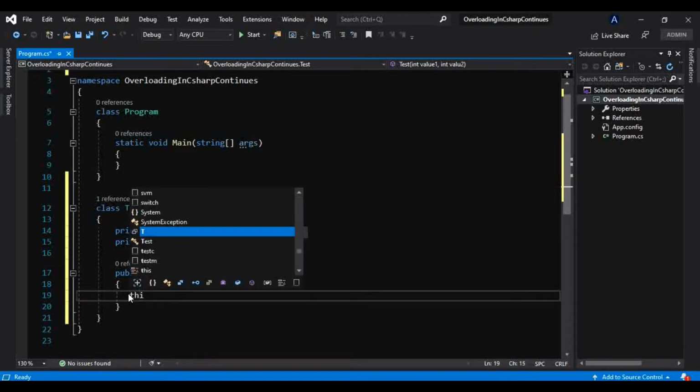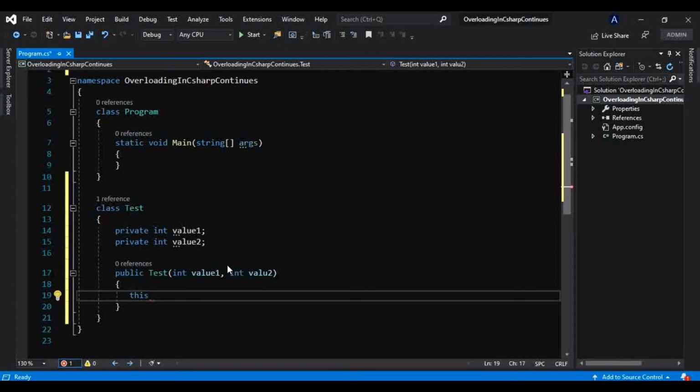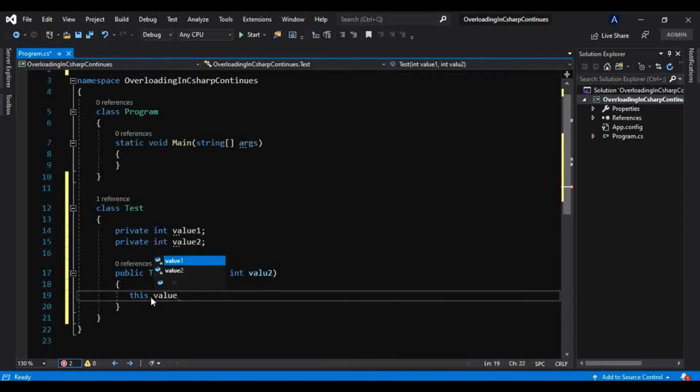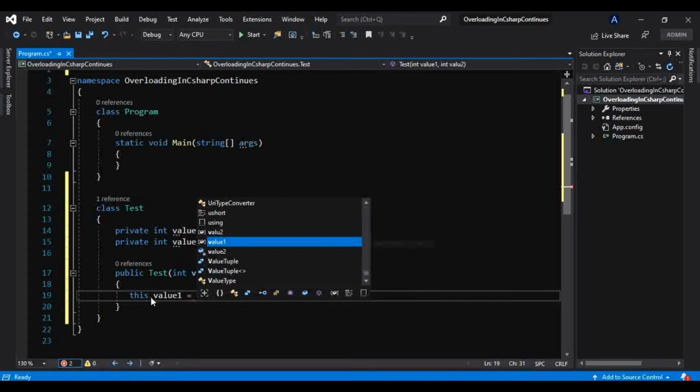To differentiate between our fields and what is coming from the constructor, I will use the this keyword, and we know we use the this keyword to refer to the current object of the type. We have also learned that in one of the previous tutorials of this series. If you have not watched that, please check that video first, so you will understand better.